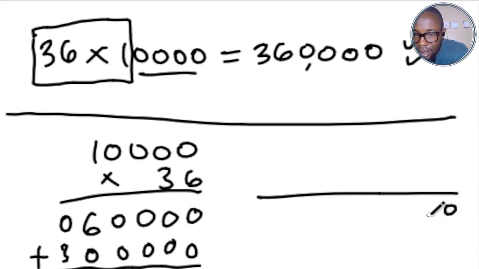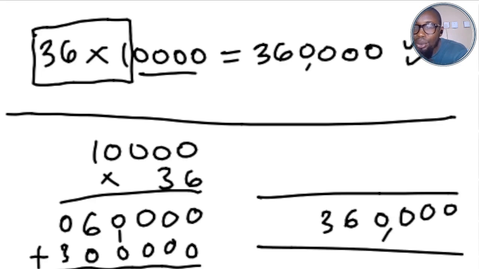0 plus 0, another 0. 6 plus 0, 6. 3 plus 0, 0 plus 3 is 3. Then we now have our answer,